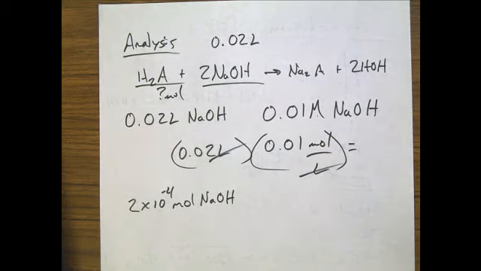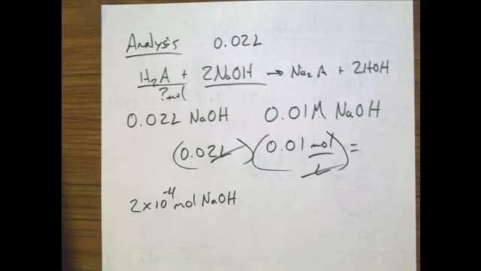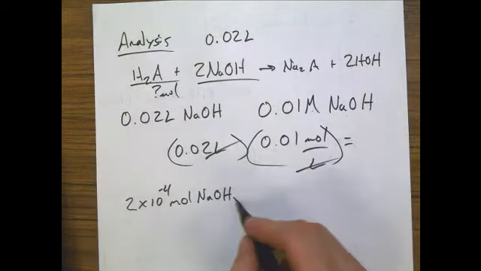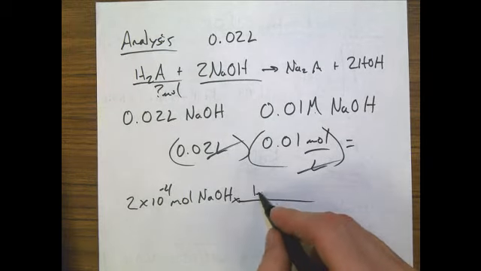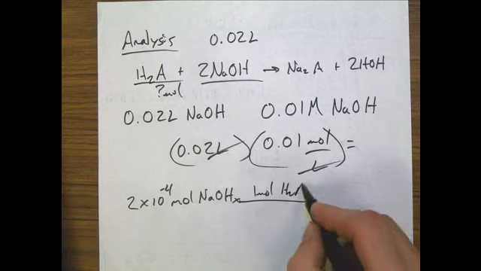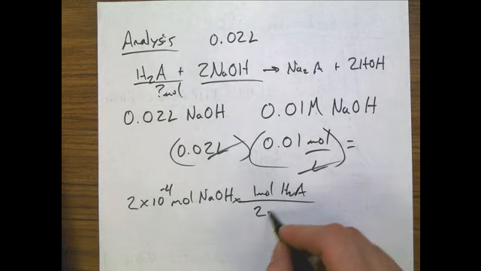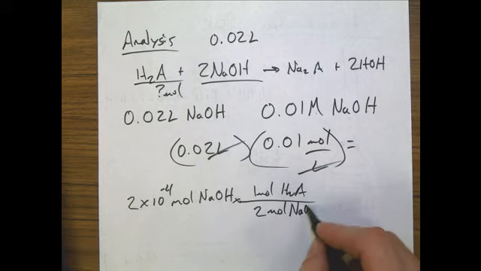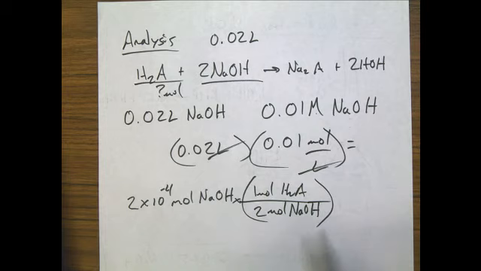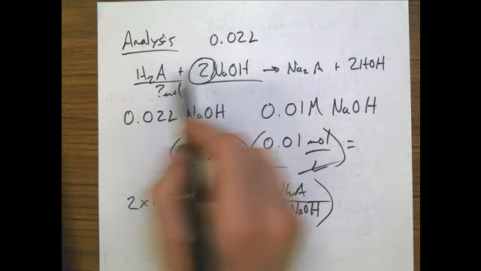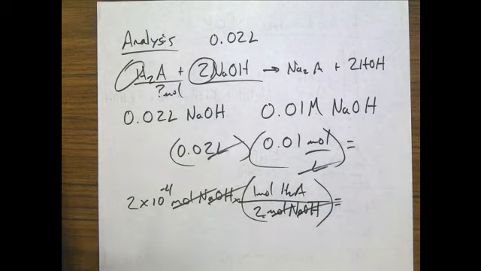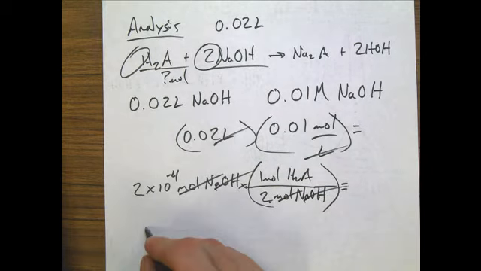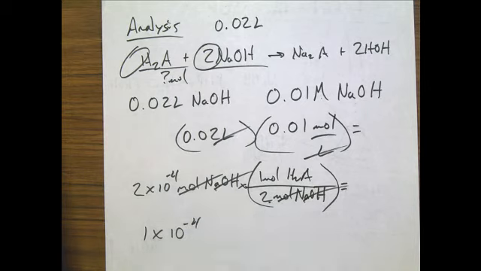Well, if you stop titrating when it turned pink, then you know exactly the amount of moles of H2A that you have left. So the math that we would do is we take the moles of sodium hydroxide and change it into moles of the H2A. Don't forget that the numbers that I'm writing in this conversion factor, which is my mole ratio, are coming from the chemical equation. The moles of NaOH cancel out, and I'm left purely with moles of H2A. So now I have 1 times 10 to the -4 moles